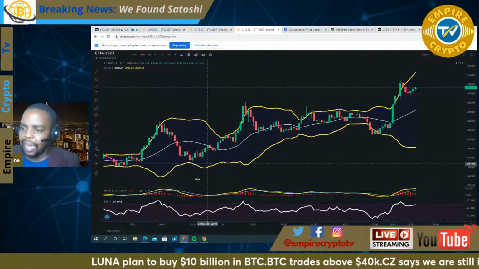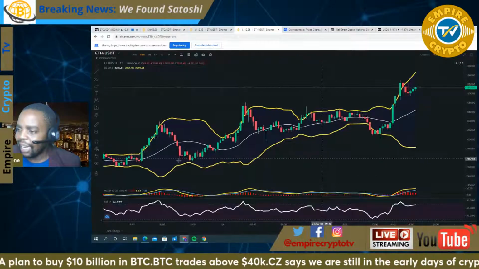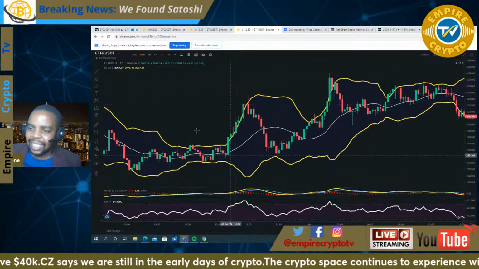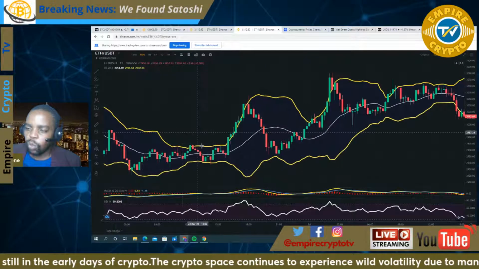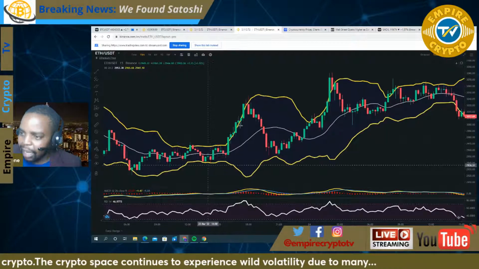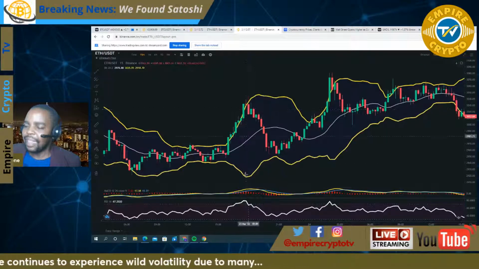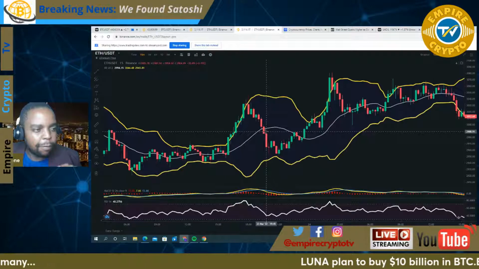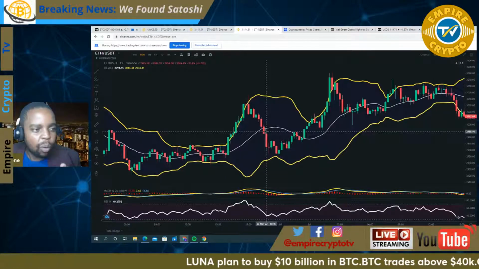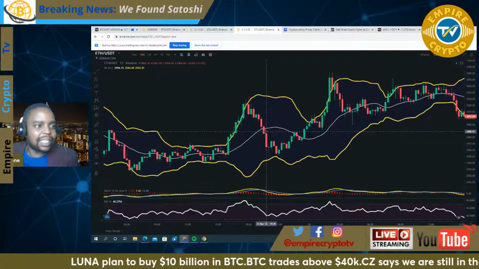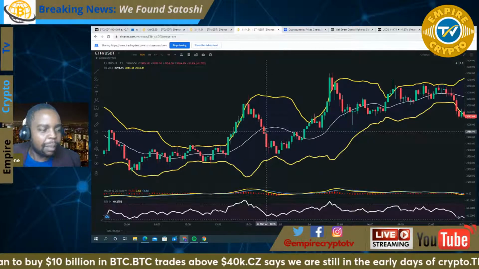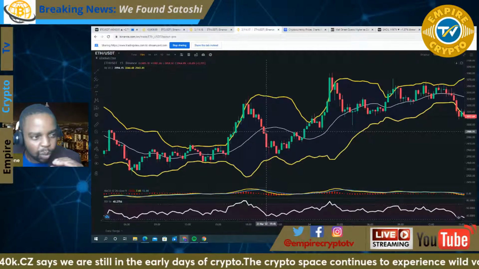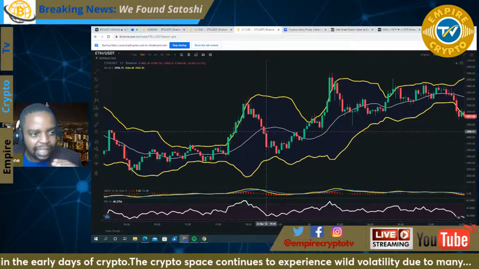These are the current Bollinger Bands that I can refer to right now. The bands contracted at some point. This shows that the market was quiet. Then when Ethereum took off at some point, the bands expanded. This is what this indicator is for, measuring how loud or how quiet the market is. It's not necessarily telling you whether to buy or sell, or whether the market is going up or down, but giving you simple information on whether the market is quiet or loud. Volatility, that's all it's speaking of.